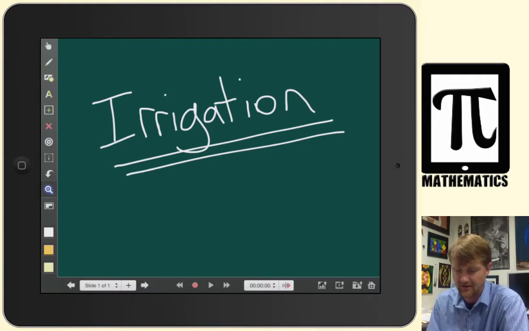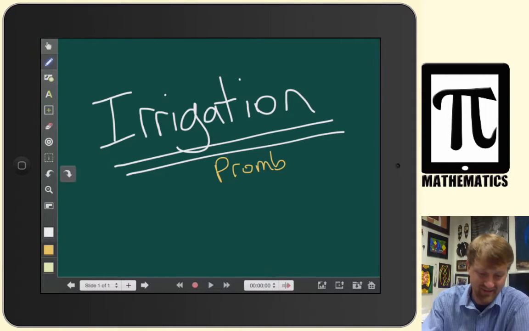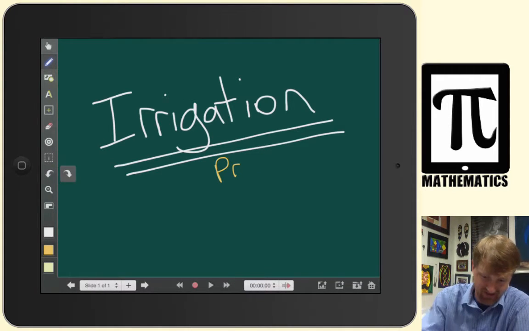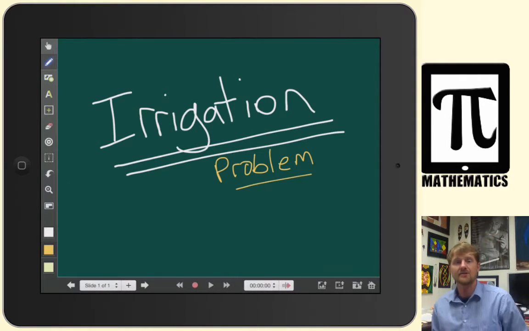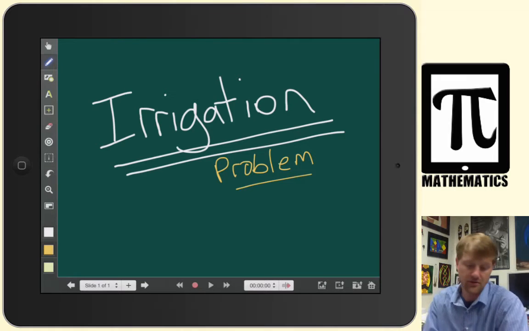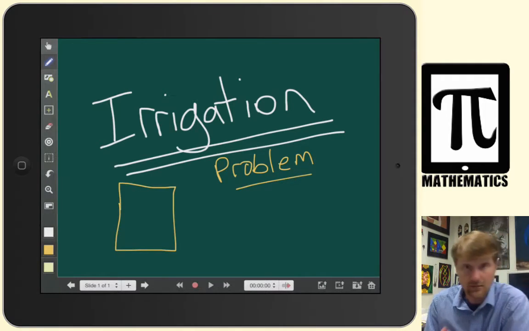This is I guess PiPad mathematics. This is a problem that I've always kind of wanted to do, so here we are. Here I am doing it, and it's kind of an irrigation problem, if you will. An irrigation problem. Okay. And so the irrigation problem is you're a farmer and you have some land, and on